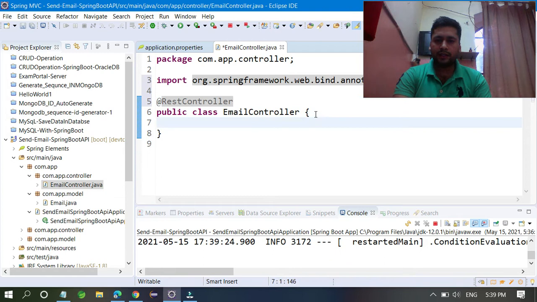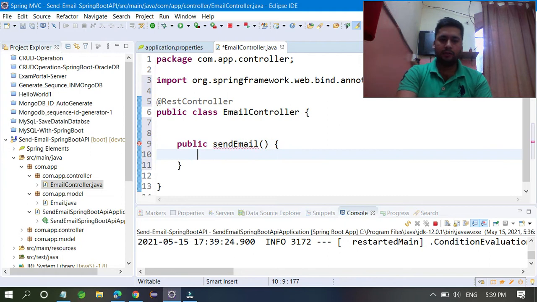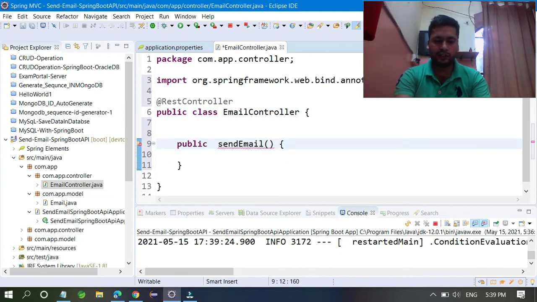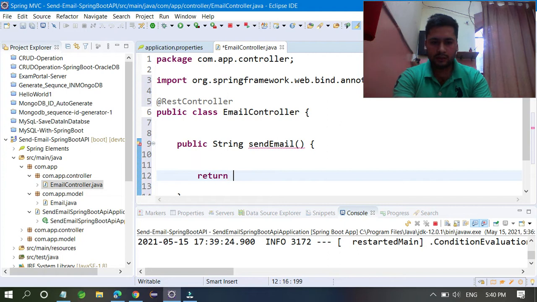Now you want one method to receive the user data, so you have to write public String sendEmail, and this should be a string type, and you have to return "Email successfully sent".